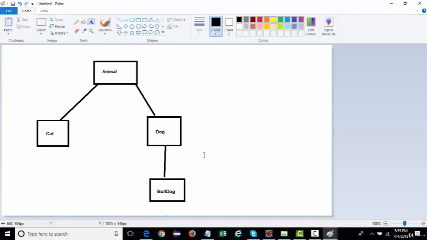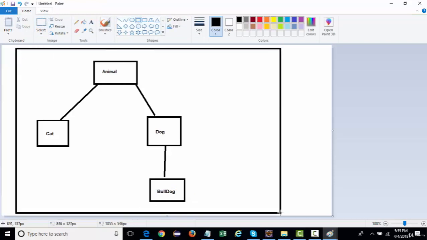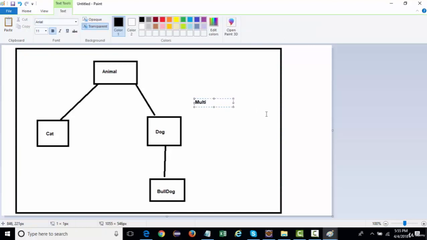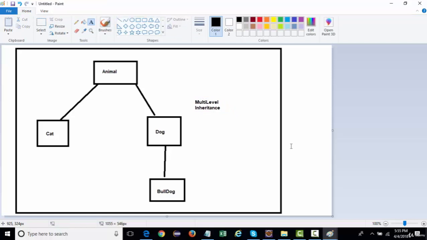If we talk about this sort of hierarchy, this level is called multi-level inheritance. Not multiple. This is what multi-level inheritance is.